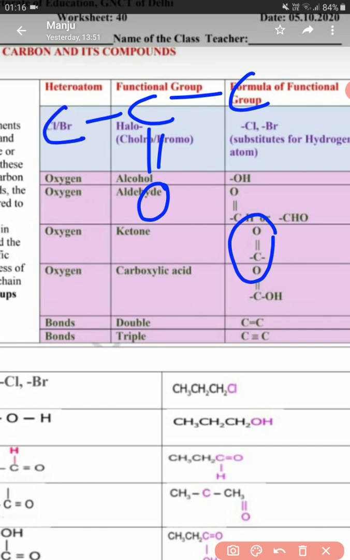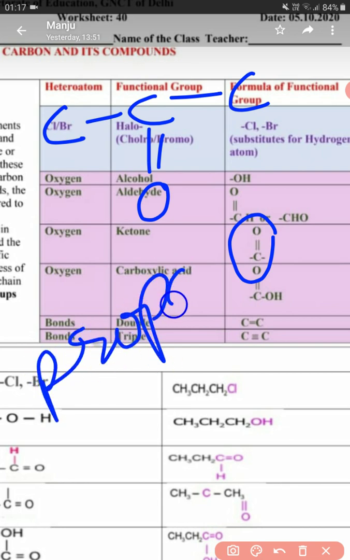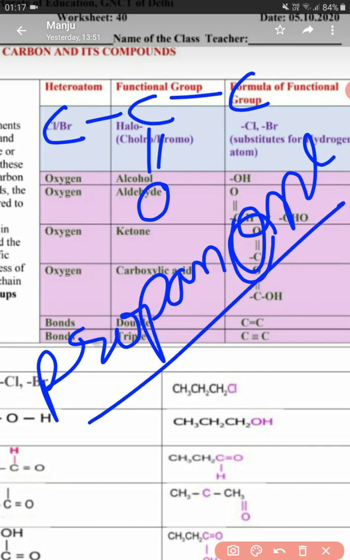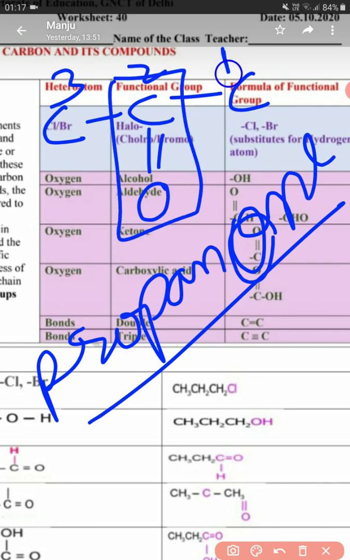So the first member of ketone will be, as we know we are having 3 carbons, propane, and E is replaced by ONE. So the name will be propanone. Now we have to number these carbon atoms also, so that we can write the correct IUPAC name. As this functional group is in the center, we can count from either left to right or from right to left. Both are correct.